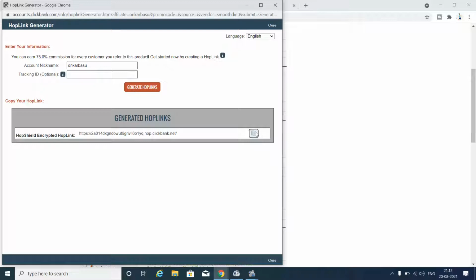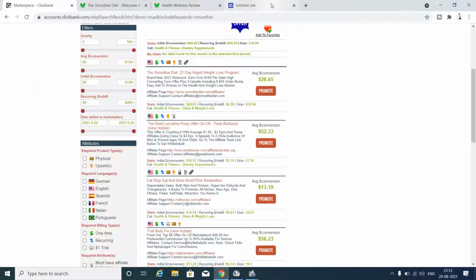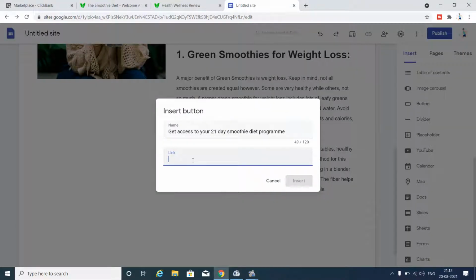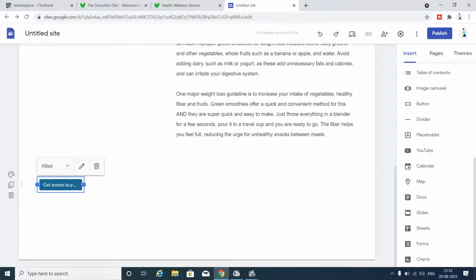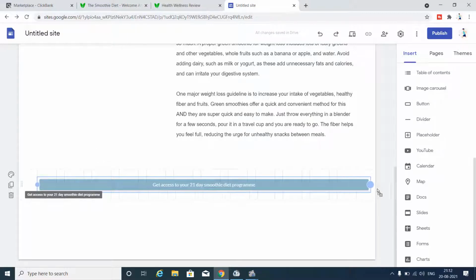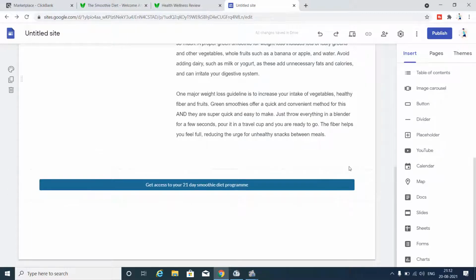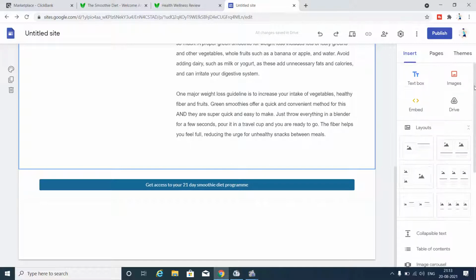So we'll just copy to clipboard here, close, and then just go here and paste it. Control V here. Enhance this button a little bit more here. So every time a customer goes to this link and buys a product from you, you get a commission. Isn't that great? So the landing page is not complete yet, guys.